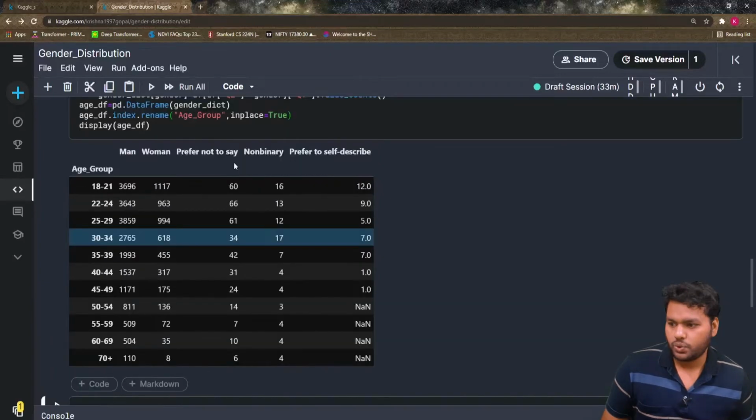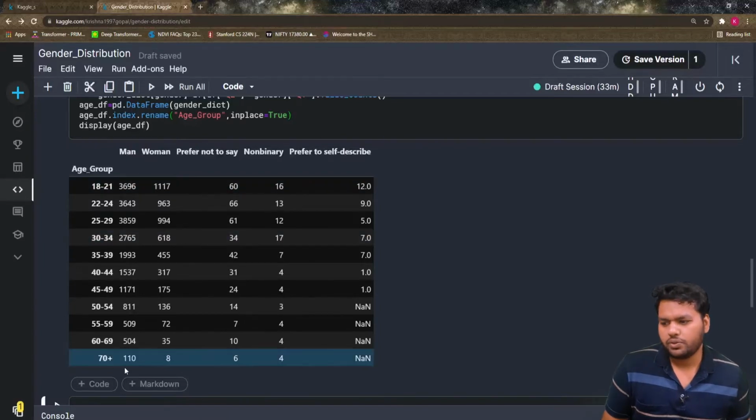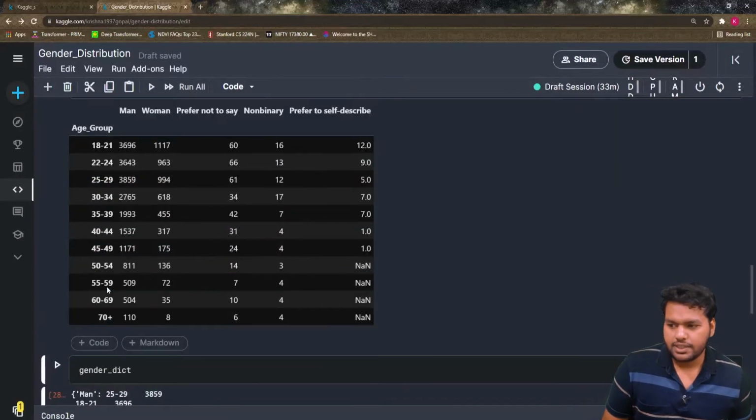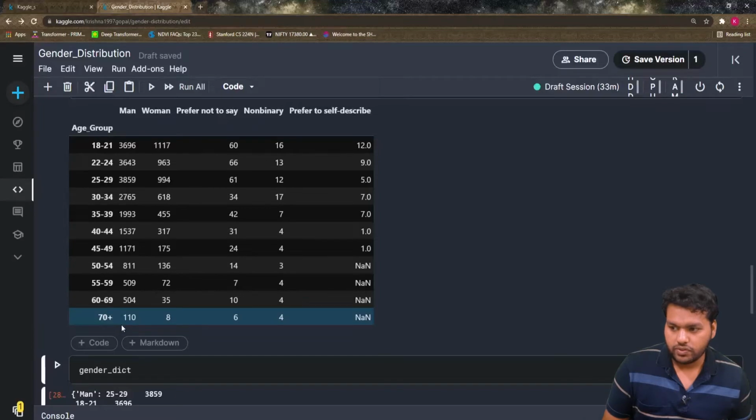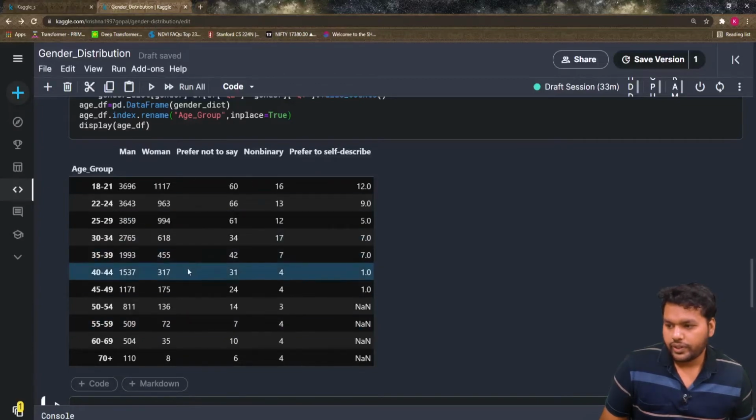Perfect, what do you want? So the age group 18 to 21, we have this much men, this much women, and this much is that. If we talk about the tail, 70 plus, in the age group of 70 plus, we have 110 men. Another thing you can notice in this data frame is that for men